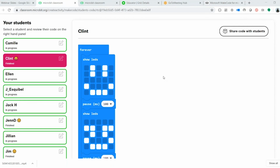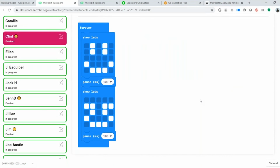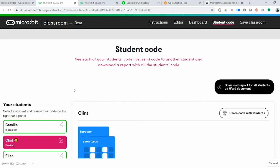If you need to assess this, so a lot of us are still trying to figure out assessment as things go on, I can download a report for all students as a Word document. So that downloads all the information, including their code and other things like that, so that as a teacher, you're collecting assessments and you're collecting proofs, even though this is happening virtually,